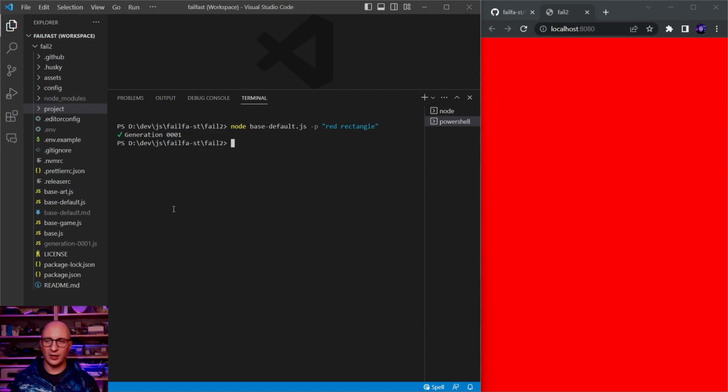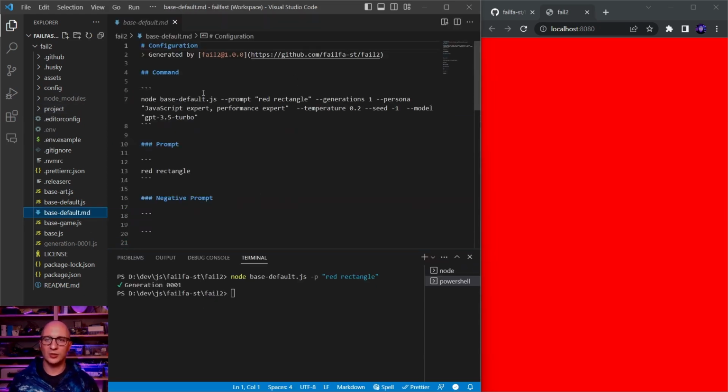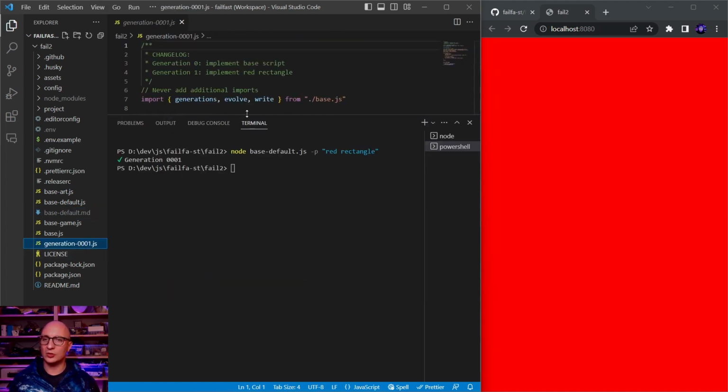This created two files. One of them is base.md, which is the markdown file that contains the whole command with all the parameters, also with the default parameters, and also subparts with all of the options on their own. For example, the red rectangle prompt. And what we also see is generation